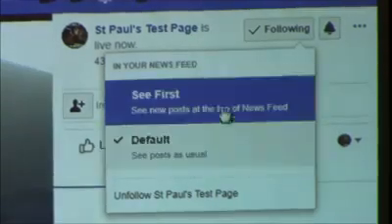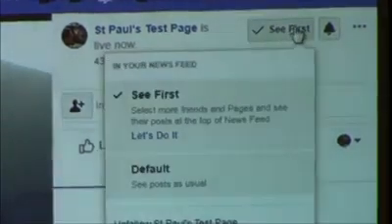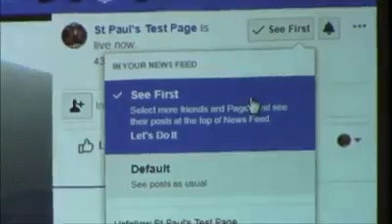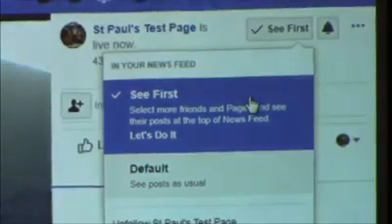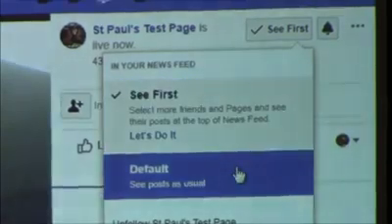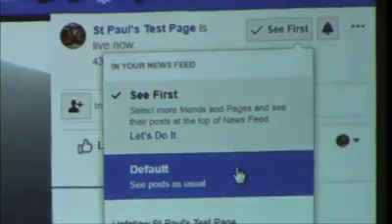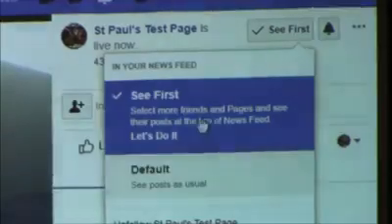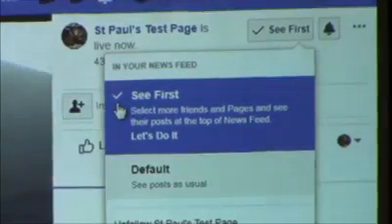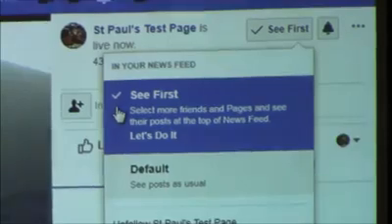If you hit see first, every time you log on to Facebook, if we have a new post or a new video, it will show up at the top of your newsfeed as one of the first things that you see. Default will just be wherever Facebook decides to place it. So if you have it set as default, you may not see a video or a notification that we came up. So you want to make sure that that's on see first, so this way you get every notification that we have. And you'll see the check mark as I've clicked it here. And that's when you know it's see first.